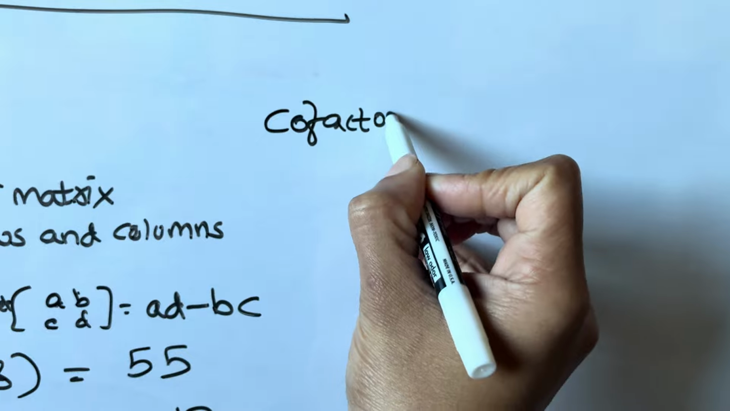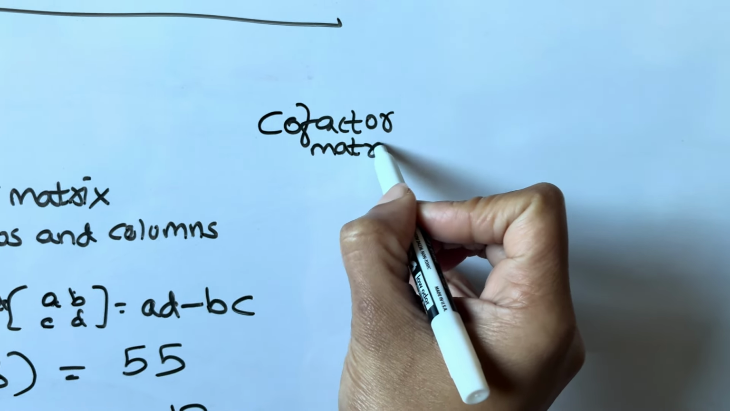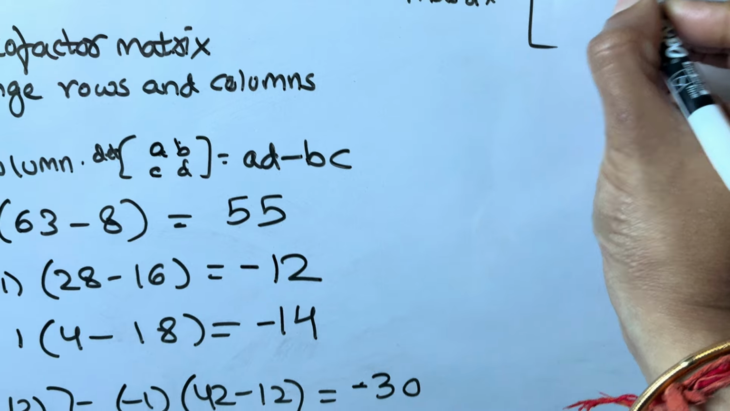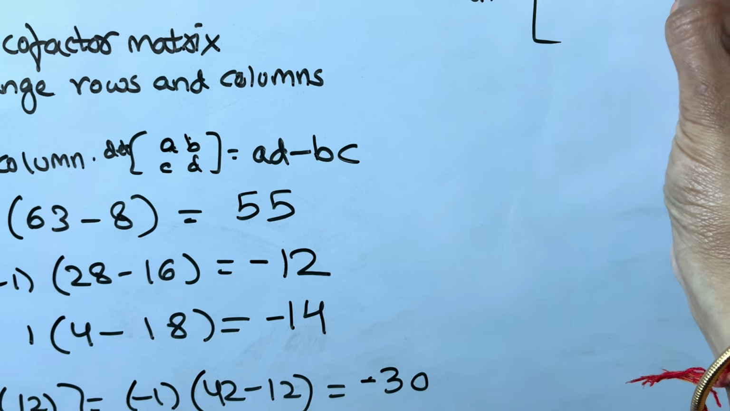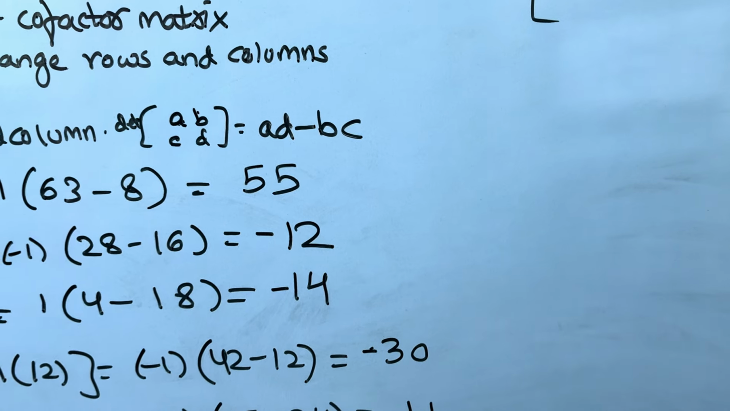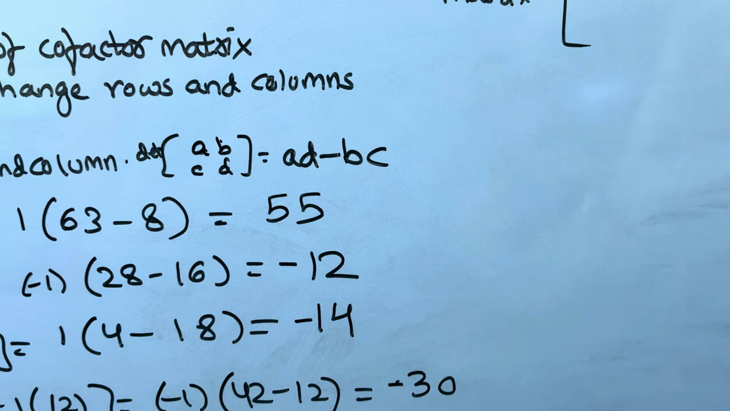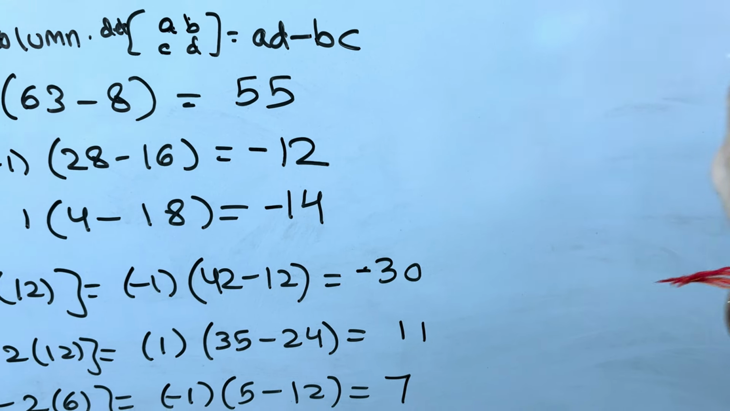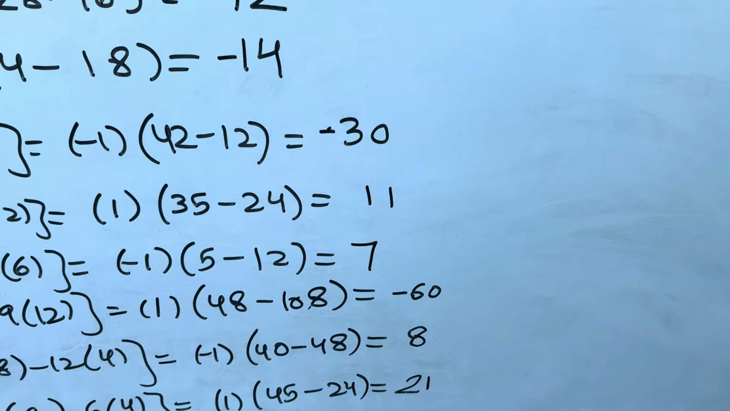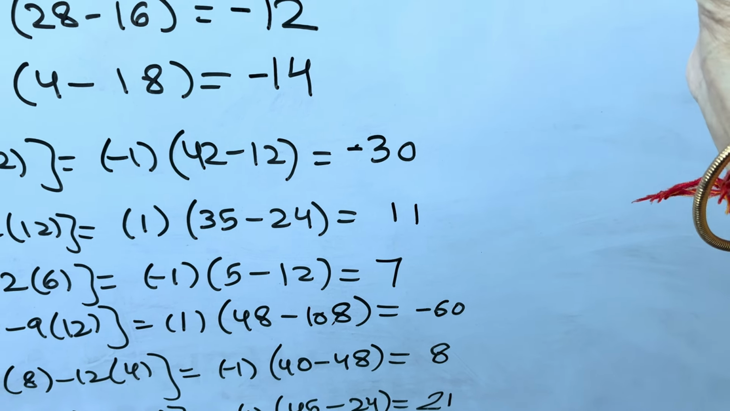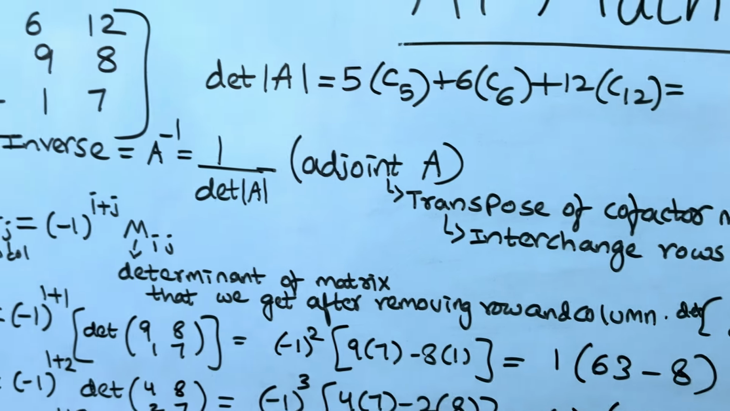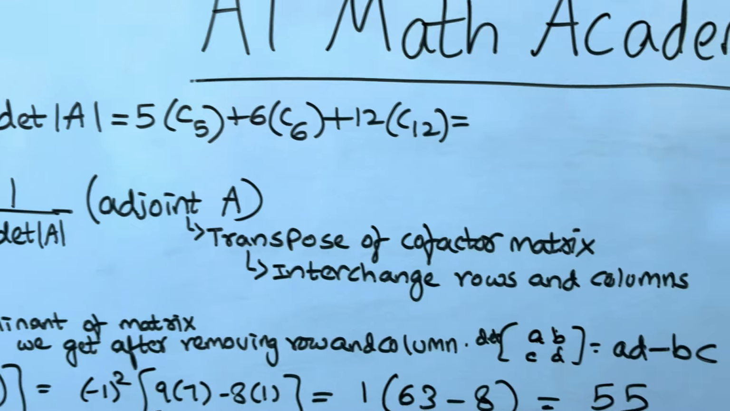Cofactor matrix. So for writing the cofactor matrix, I am taking the elements from these evaluated corner values here and writing it as 55 and minus 12, minus 14 and minus 30, 11 and 7, and next would be minus 60, 8 and 21. So this is my cofactor matrix, and the formula for the inverse is adjoint A, and adjoint is the transpose